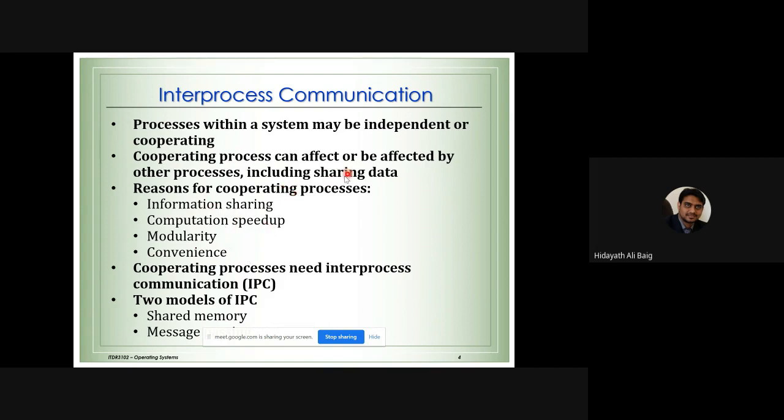For many reasons, we do share the data. I will give one easy example to remember this concept. Sometimes we can come to college, the students, I mean, you can come to college independently in your car. Suppose to come to the college from your location, for example, any nearby city like Jalan or any other location. If you are coming to the college, you can come independently in your car, or you can come cooperating in the bus. Just remember these examples.